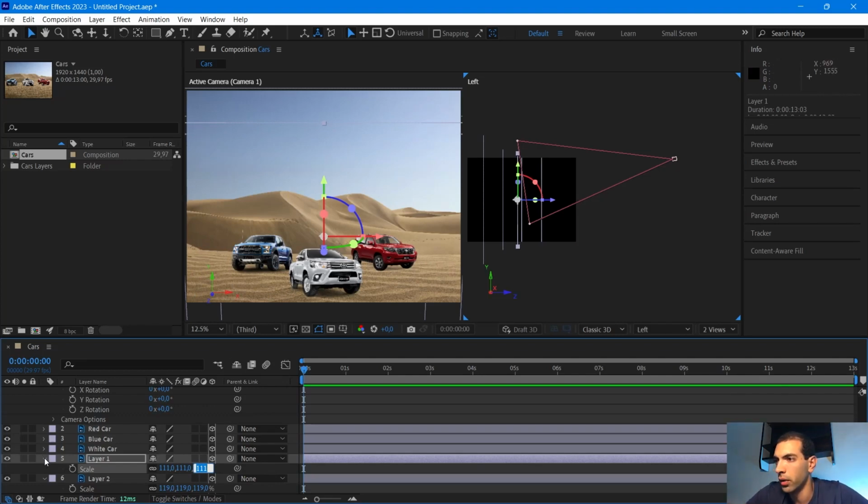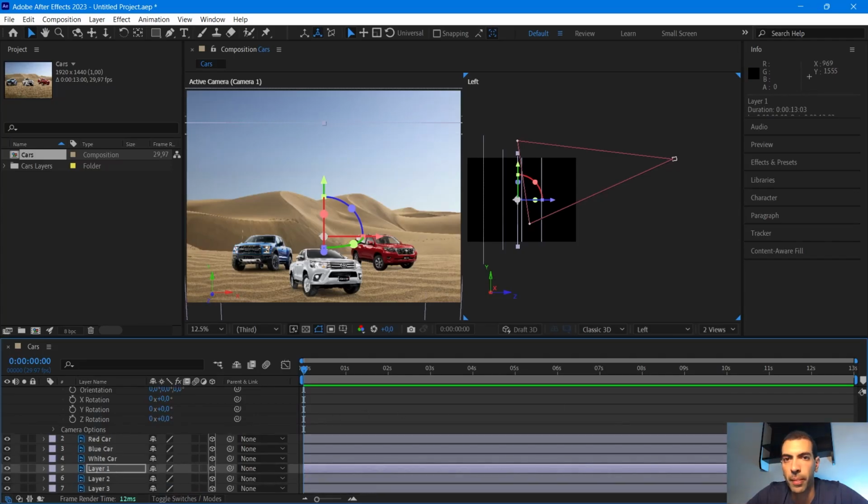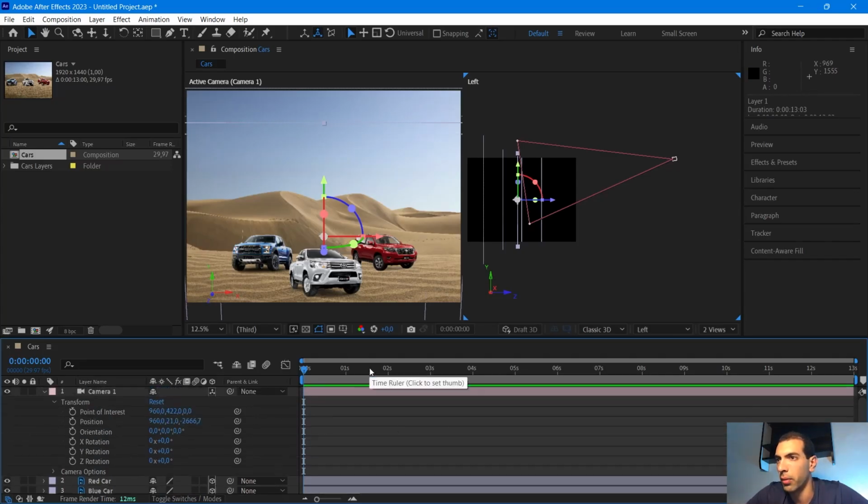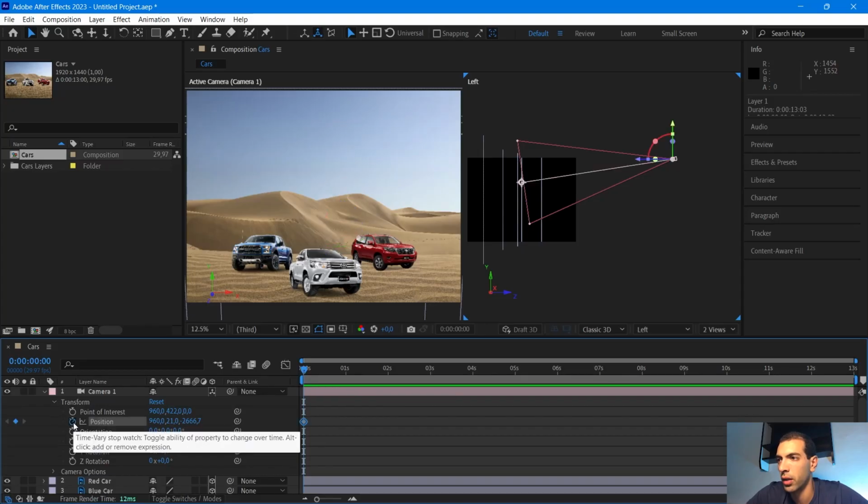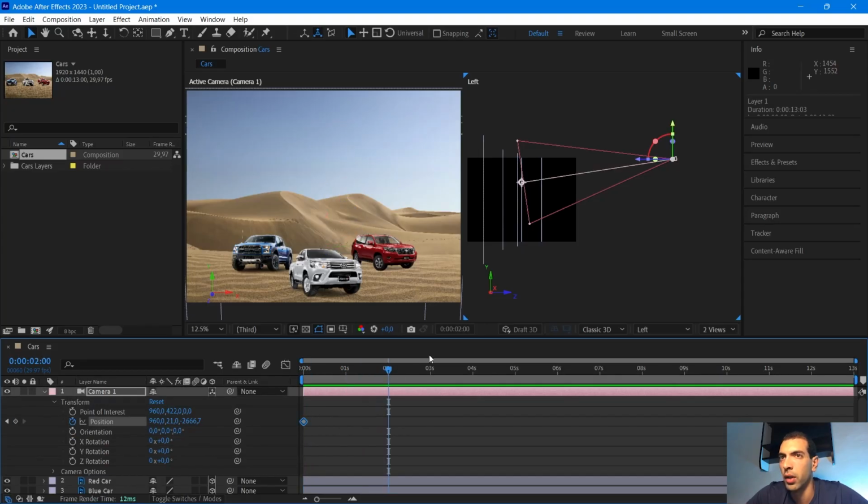Now I'm gonna toggle this up, up, up, and go back to camera 1. This is going to be the starting point. I'm gonna click on the stopwatch here of the position. Of course, make sure the playhead is at 0 seconds. Click on the stopwatch here of the position, and after 2 seconds,